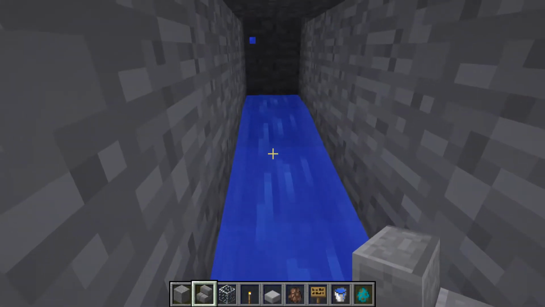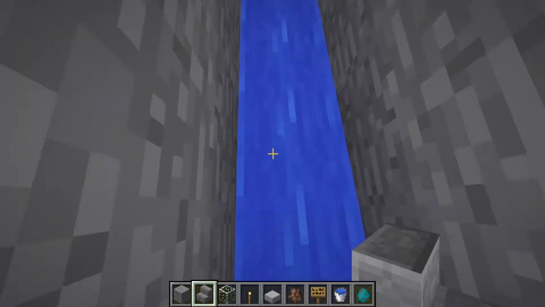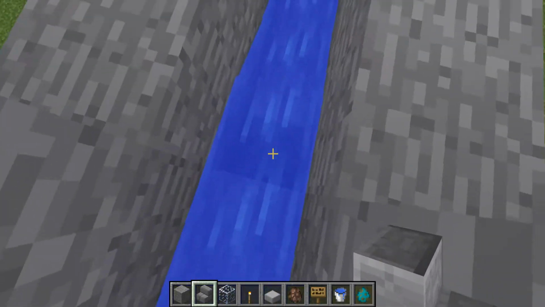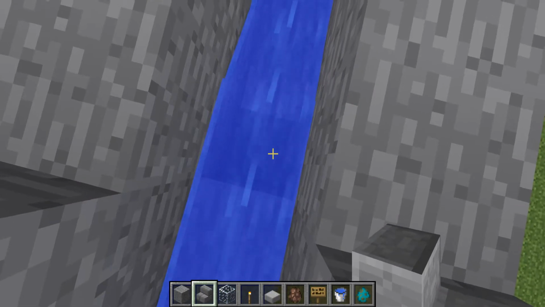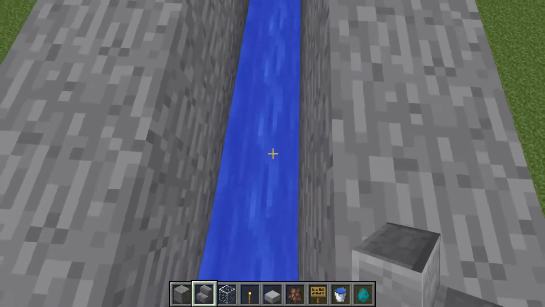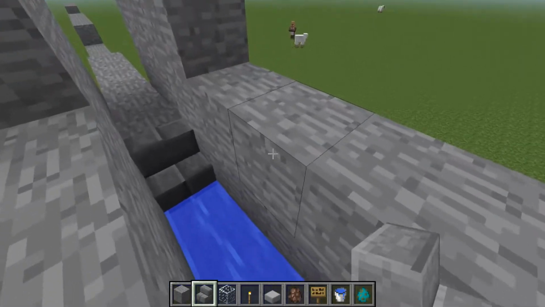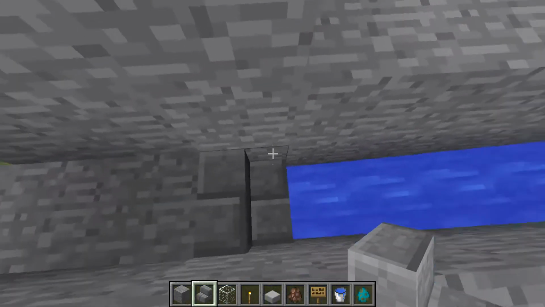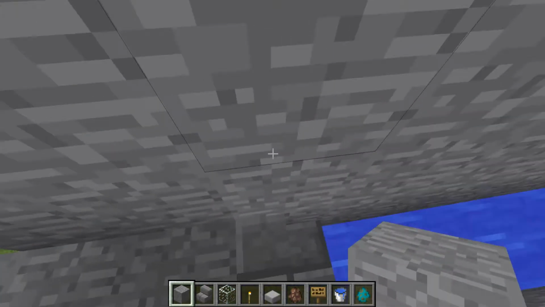So now let's see here. This one is 8 blocks. I think I made it 1, 2, 3, 4, 5, 6, 7 blocks. I mean, of course, because at the 8th block, it needs to go down one so the water can keep running. And here's 1, 2, 3, 4, 5, 6, 7, 8, and then the 9th block can be this stair. And then you just put,